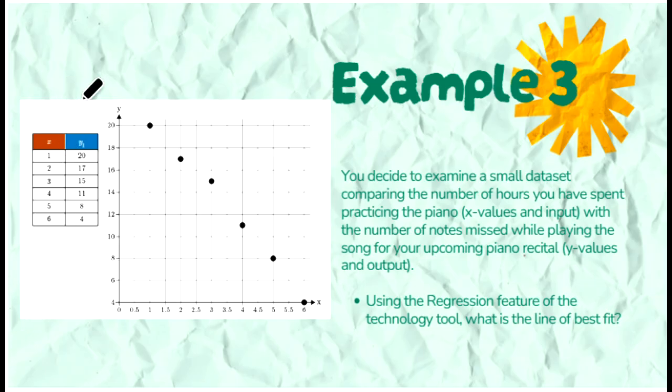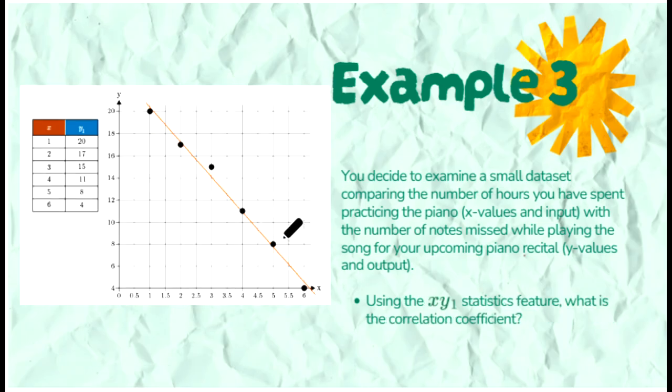So you'll go to your table, go to Y sub 1, the 3 little dots, click on them and click regression. And then you're going to scroll down, and then you're going to click on the actual line and do the 2 A's and then show the value, and it will give you your formula. Okay. Then you're going to use the x, y sub 1 statistics feature to find the correlation coefficient. So you'll go back to y sub 1, click on the three dots, go to the x, y sub 1